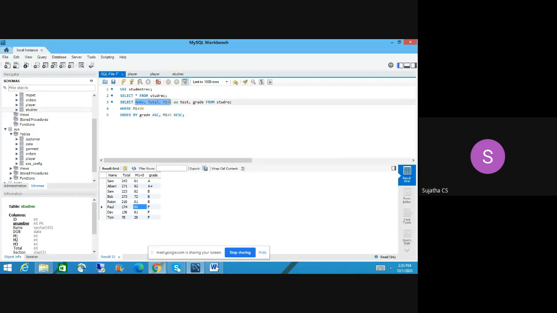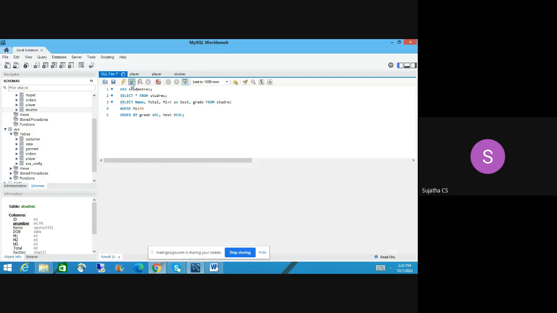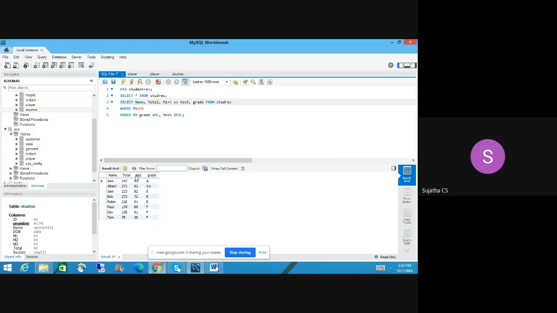How you pick your columns in select, the same way you have to write it here. So here I changed M1 plus 5 as term, so it's test. So I have to use this alias name test. Let me run this. It has changed. M1 has changed and it has given the values.